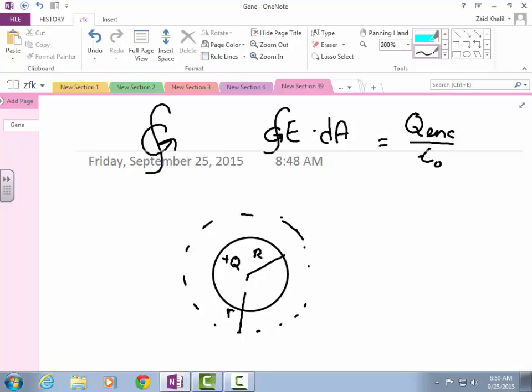So is E going to be uniform at all points along this Gaussian surface? Yes or no? Yes. So therefore, the integral becomes just a straight up product. It's just E times A. Do you understand why this is the case? Since it's uniform, that means E is constant. So what can you do if something's constant inside of an integral? You can take it out. So it becomes E